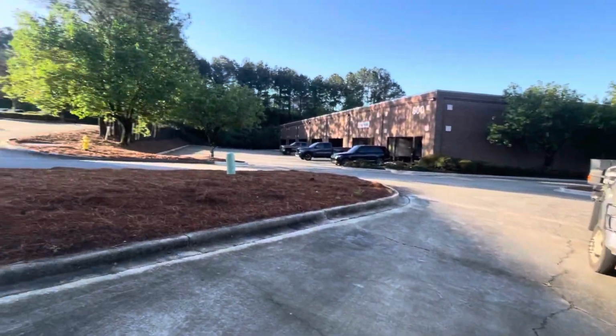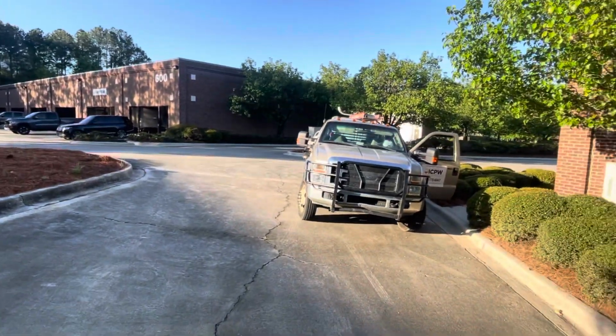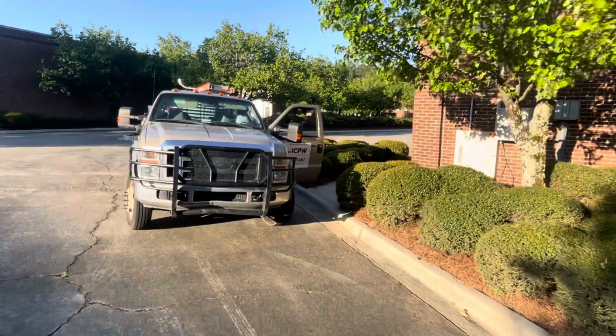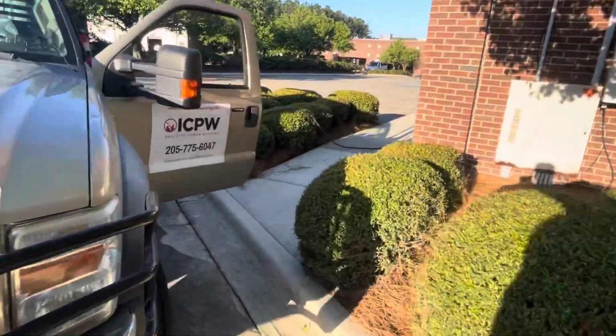The people who are complaining about these curbs and sidewalks being dirty are also the ones complaining about us cleaning them. So you're going to have those types of people. So yeah,